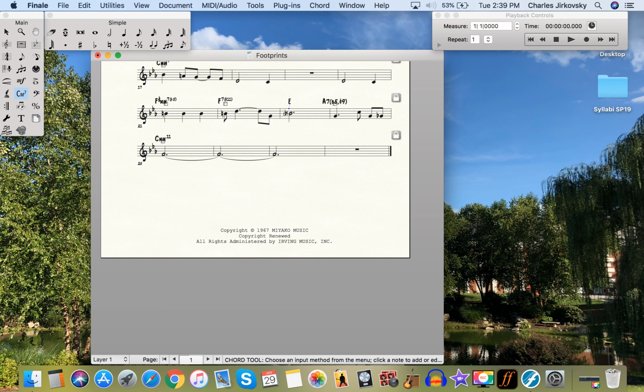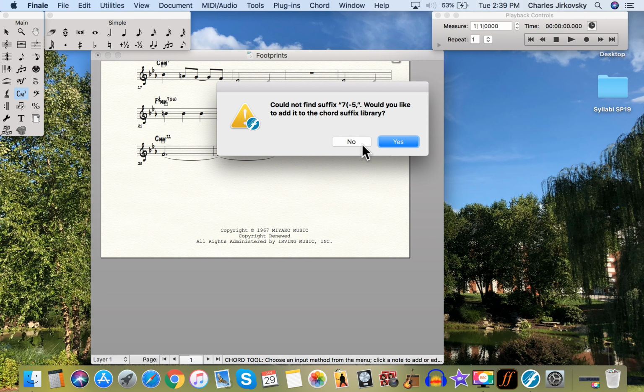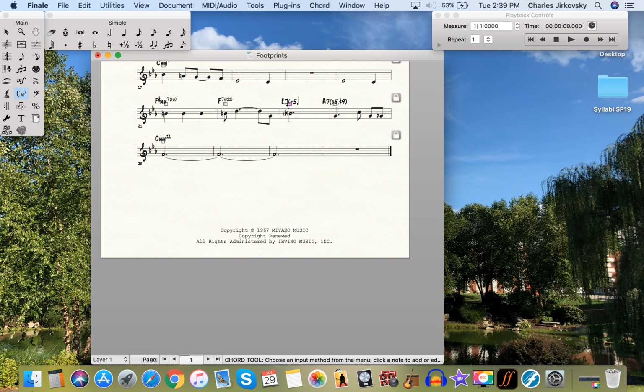So E7, let's try -5, which is another way to write flat or minor. So it's already telling us that it doesn't know what it is. So when that happens, and this does happen, it's kind of frustrating, we can always do this. Delete the chord entirely, because again, don't think about the important thing being what it plays back as, think about the important things being what you print in Hand to Musician. So we're going to go to text, I'm just going to type in E7,